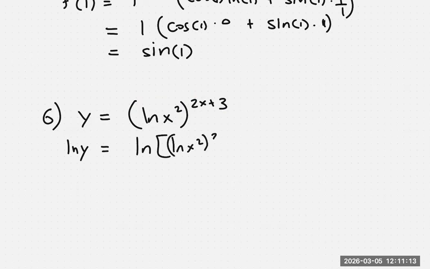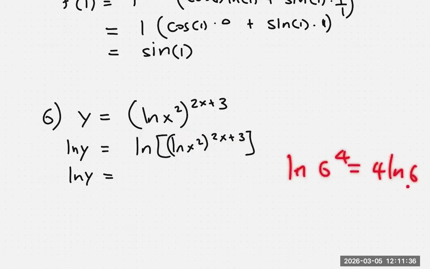Don't panic, it's fine. And we differentiate both sides. Well, before differentiating, carry it down. So now it's ln of a function raised to a power. If you can spot that, it's like ln of 6 to the 4, which is 4 ln 6. So it's ln of a function in brackets raised to a power. I'm going to take this power to the front. Okay, so we have 2x plus 3 ln